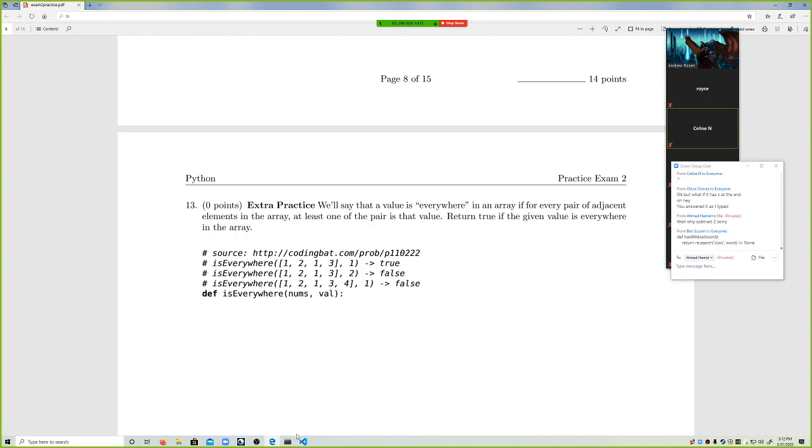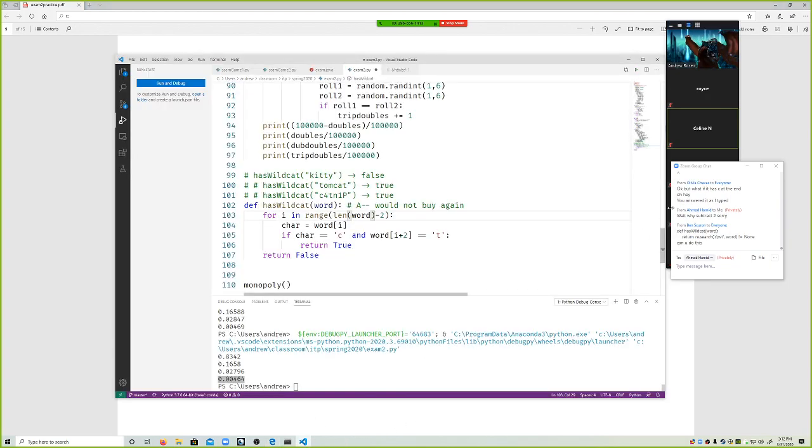Why subtract? Yes, you can use regular expressions. So Ben, feel free to use regular expressions. In fact, that is what exam 3 is going to be all about. Feel free to use regular expressions to your heart's content. Now, why do you subtract 2? Because if C is at the end,